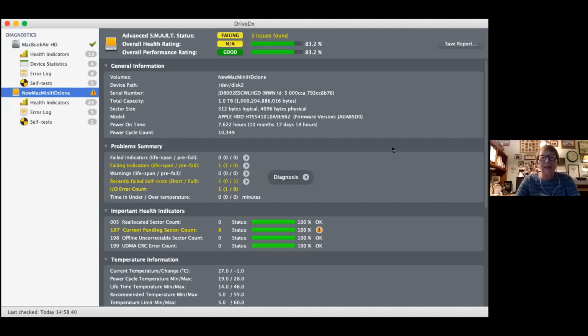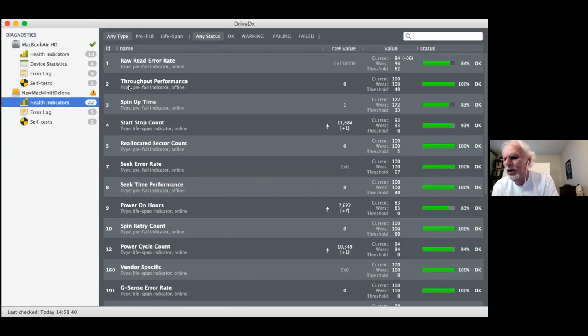All right, so this is Drive DX. I recognize it. And you're right to be concerned because at the top it says failing. That's not a good thing. And it is your external drive, because your internal's at the top. Right. So click on the next one, health indicators right there, and I'll show you a whole bunch of stuff.